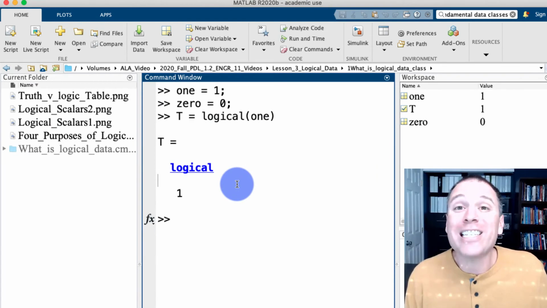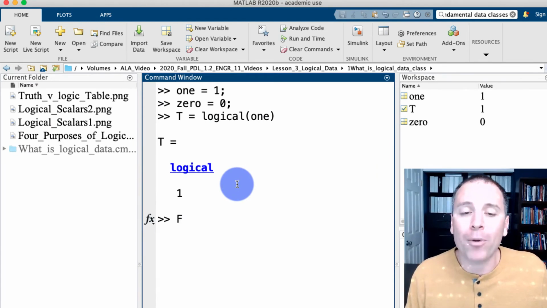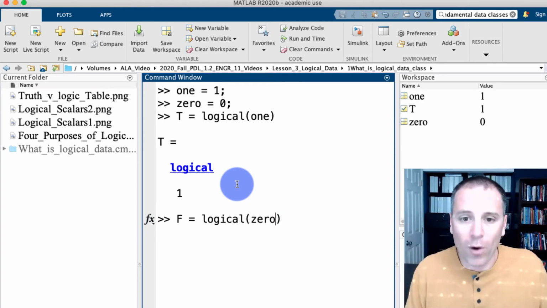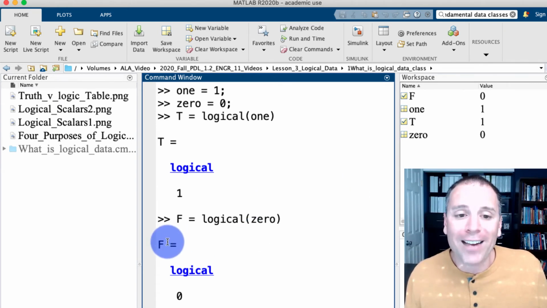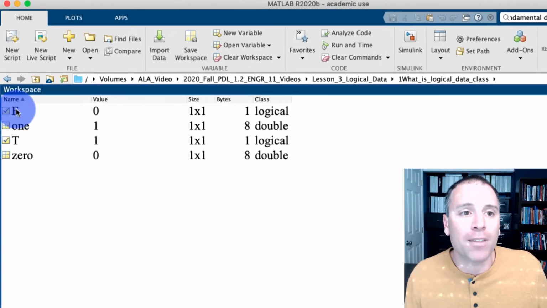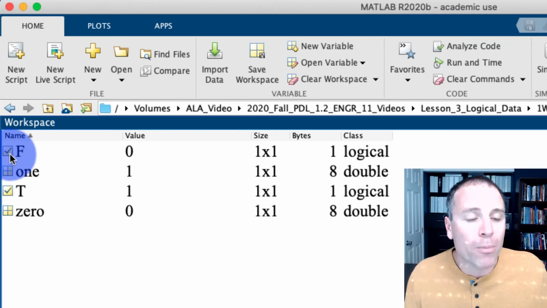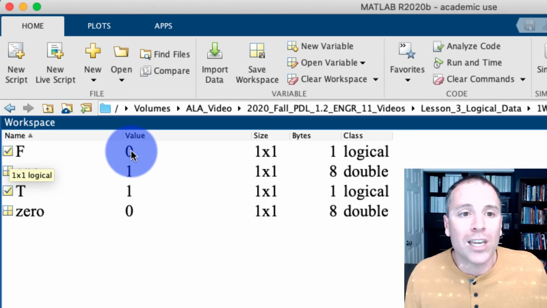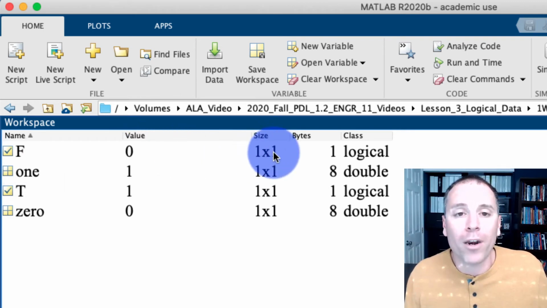Let's go back and do a second logical declaration. So if capital T is logical 1, we might say that capital F is logical 0. So let's go ahead and write that in. Notice MATLAB returns back that F is stored as a logical variable and it has value 0. If I go back to the workspace, I see the exact same thing. Here I have the small image to represent logical variables. The name of that variable is F. The stored value is 0. This is a 1-by-1 array, and it only requires 1 byte because its stored value is done in a logical.